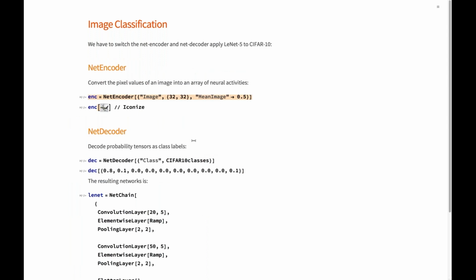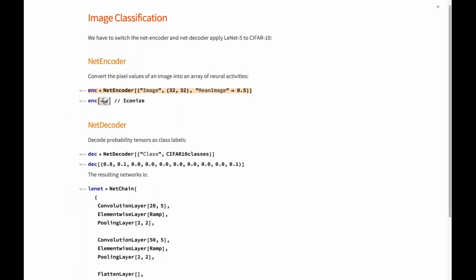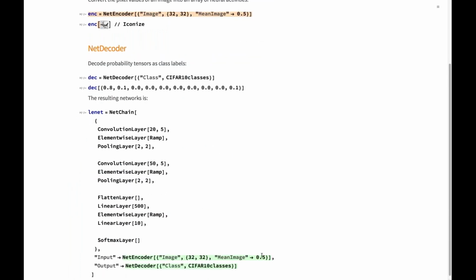And the first issue that I have is that the network has an encoder and a decoder, which unfortunately always ends up at the bottom of this implementation. Here you have the chain, and then as an option, you specify the encoder that takes an object, whatever it is, a sound file, an image, some plain data, and converts that into an array of neural excitations, you may call it, if you'd like to interpret it that way.